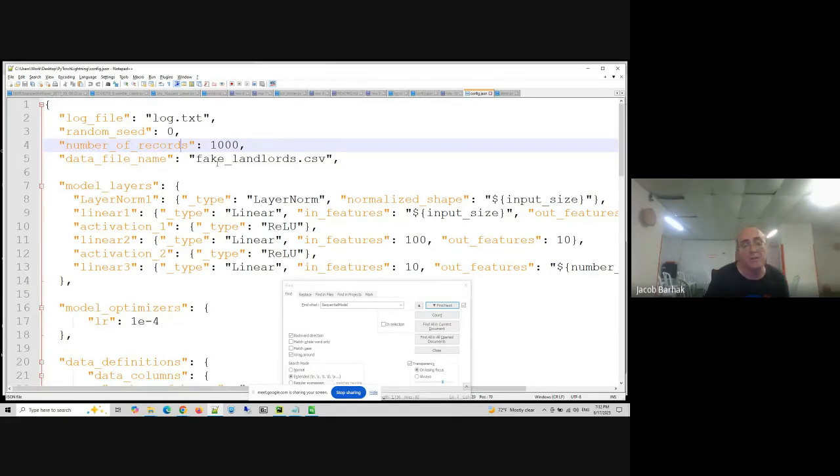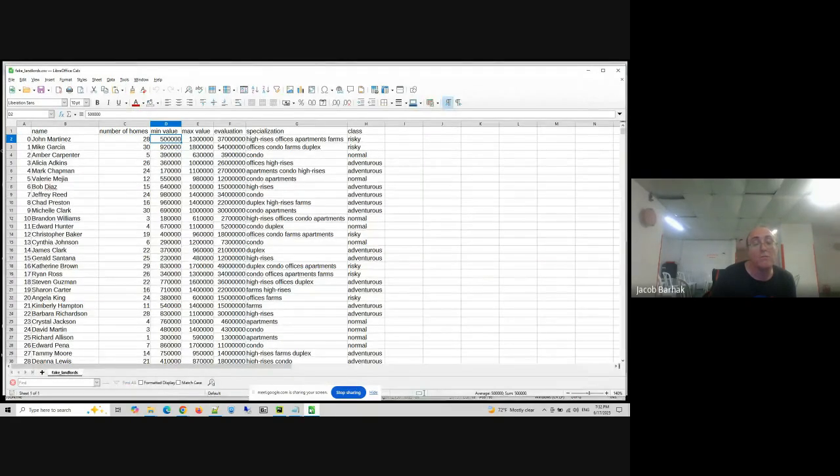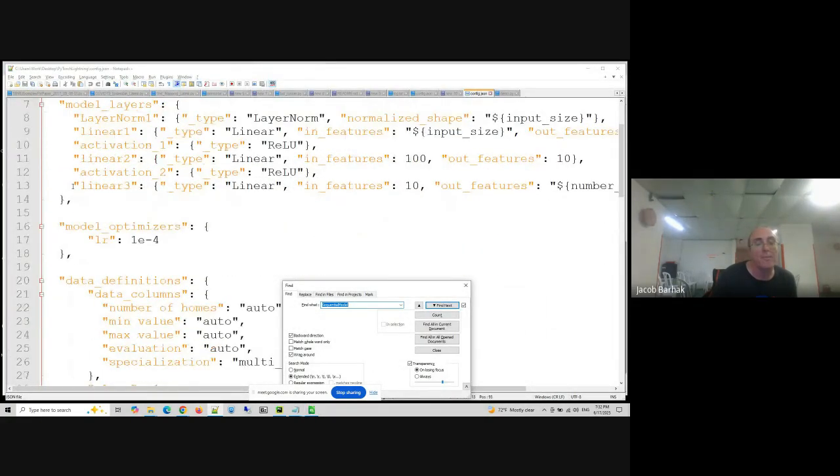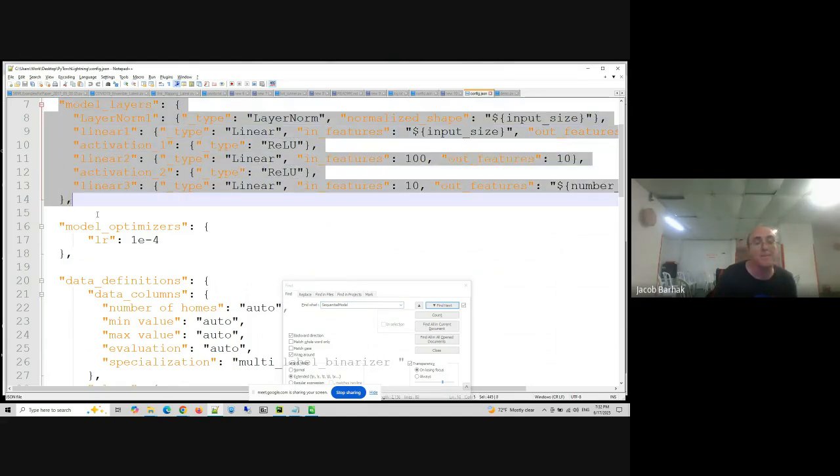Basically, it's how I generate the fake data. There's a data file name called fake_landlord.csv. I showed it to you. This is what's going to be loaded into the machine for the demo. Then I define something called model layers. I'm not sure how many of you are familiar with neural networks, but today they get data in the form of a vector at the input, and then they go through computation through layers.